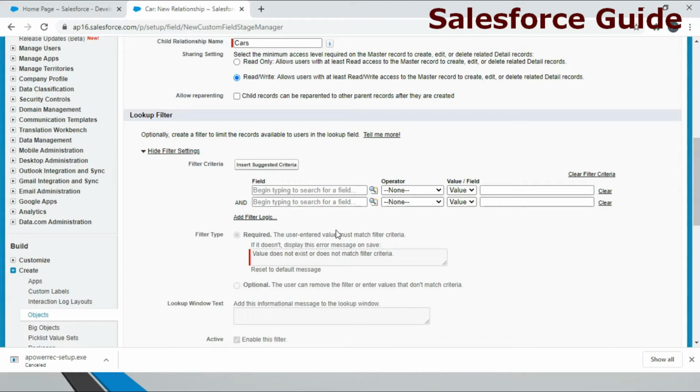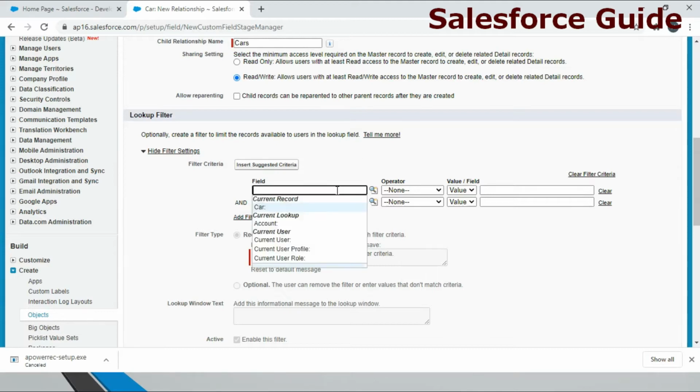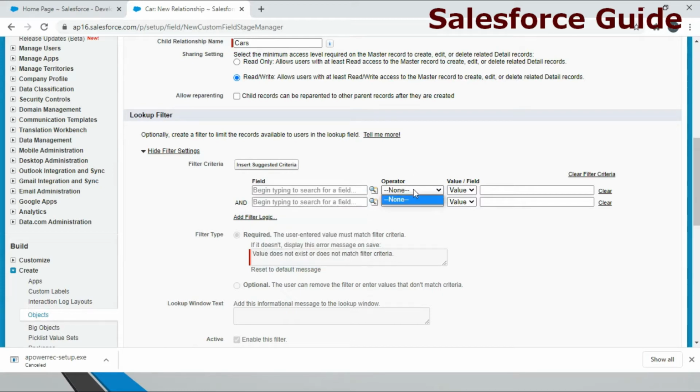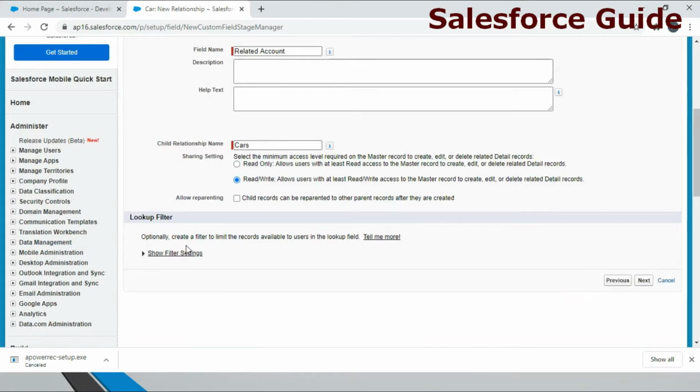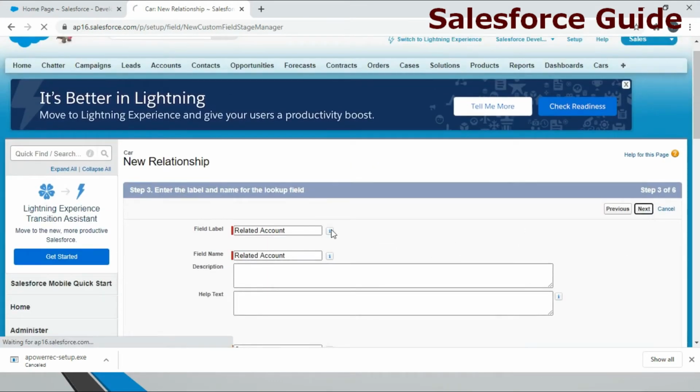That selection criteria you can already specify, so that you get a specific type of records. For that you can specify any field on an account or a contact object, choose any kind of operator, and specify the value by selecting the fields. As of now I don't want to specify any criteria, so I'm continuing with this. I'm going to the next.